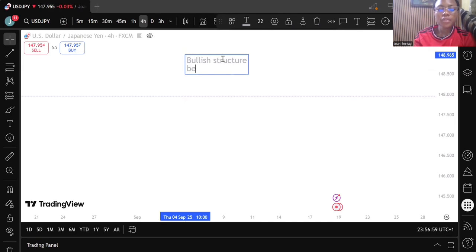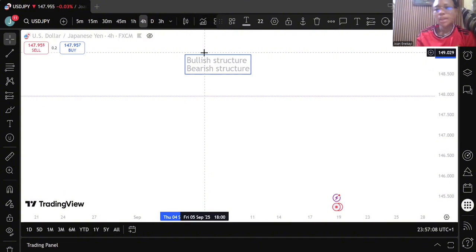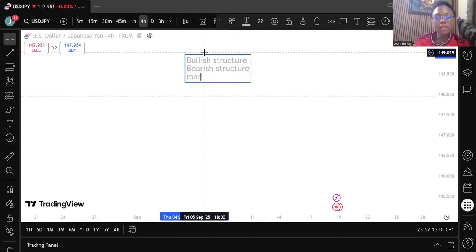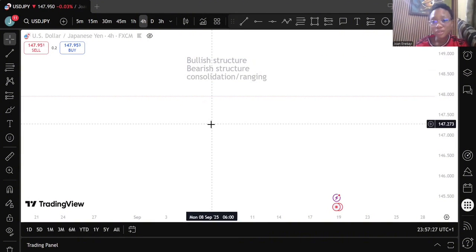Next, we have the bearish structure. Then we have the market consolidation or ranging structure, right? So the main one I focus on when I'm trading is the bullish structure and the bearish